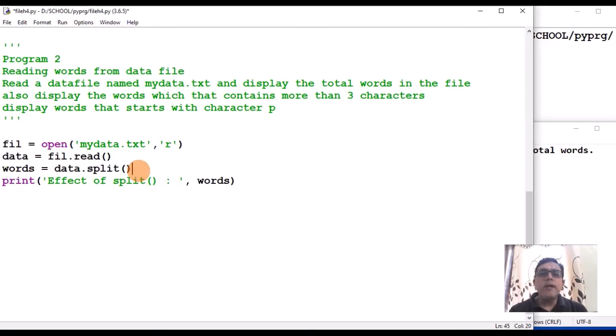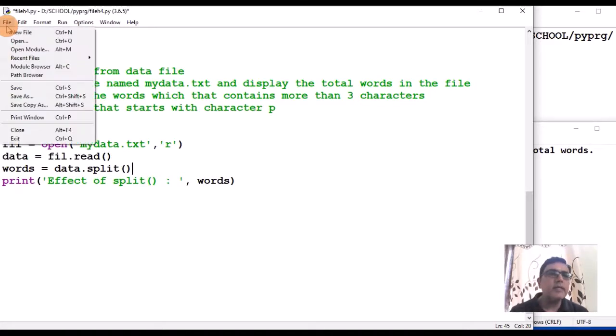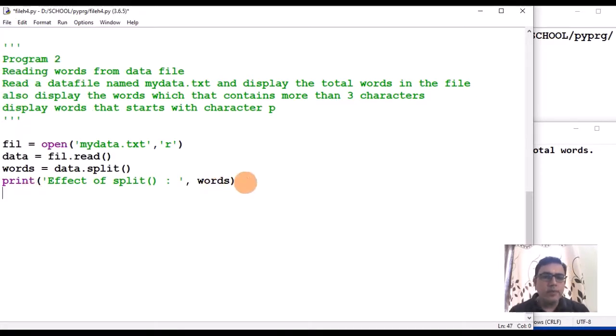It will split the contents of data on spaces. So between two spaces, whatever it finds will become one string, and all these strings will be saved in a list. So in the list you will get all the words, correct? Let us execute it. I'll open the stream also.